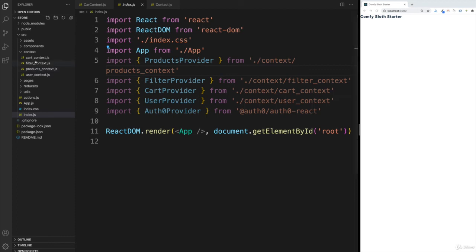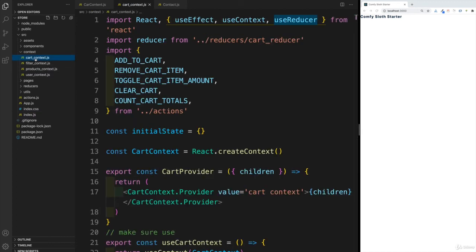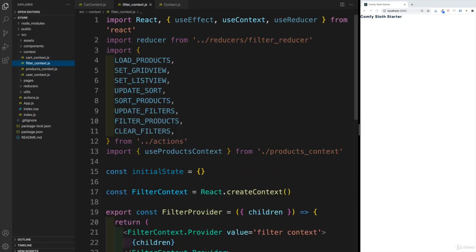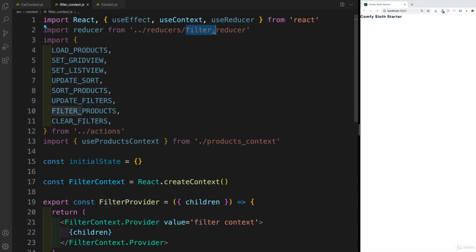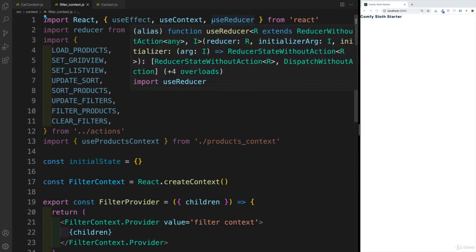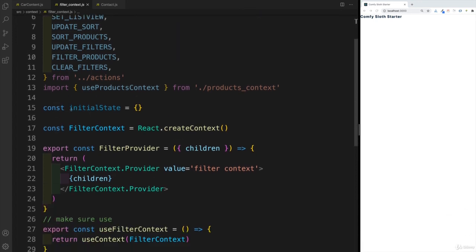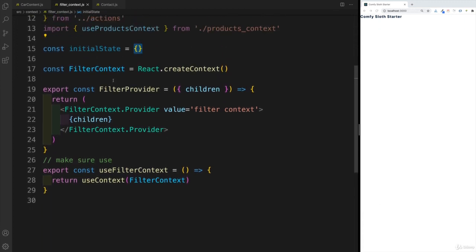And when it comes to boilerplate, if you take a look at any context, of course, there's going to be the actions that we're going to use. There's going to be that specific reducer that is responsible for filter. So, for example, filter context is going to have a filter reducer because, of course, I'll use my useReducer. And then we have some initial state, which always is going to be an empty object. And then remember the boilerplate.